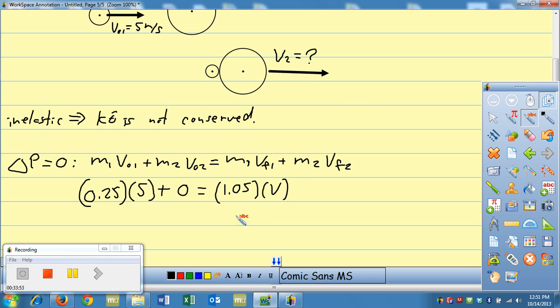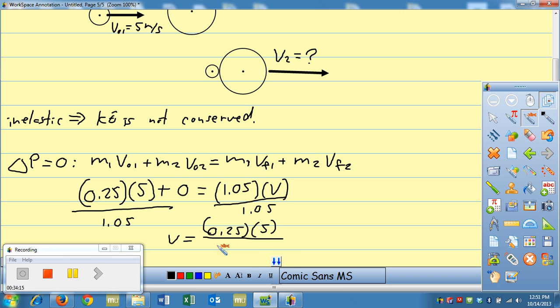Much easier, right? So basically, if we divide by 1.05 here and 1.05 here, we get that V equals 0.25